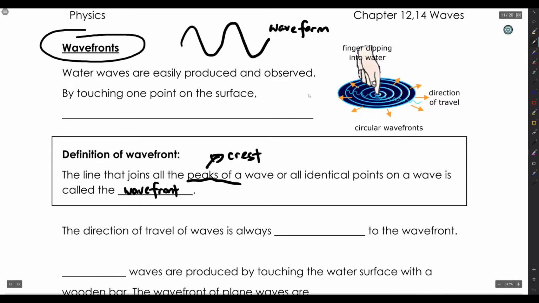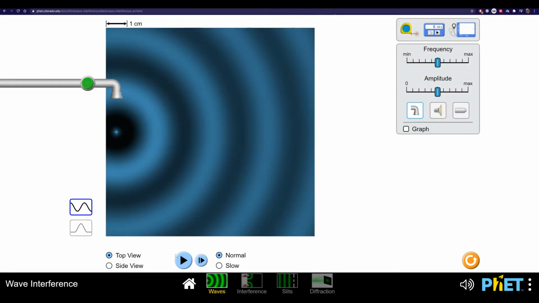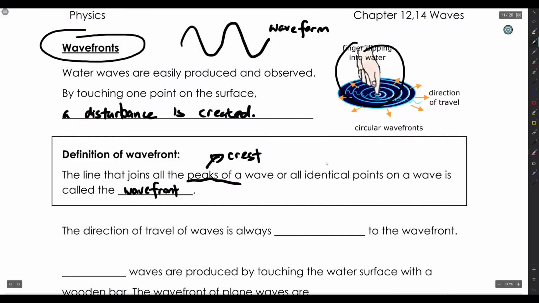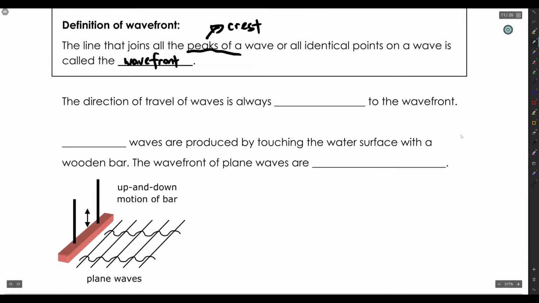Water waves are easily produced and observed by touching one point on the surface. What happens is a disturbance is created, which produces waves. So basically, to create a wave, we first need to create a disturbance. A disturbance can come in the form of touching water, like in this photo, or simply by switching on the tap, like in this animation. Now the direction of travel of a wave is always perpendicular